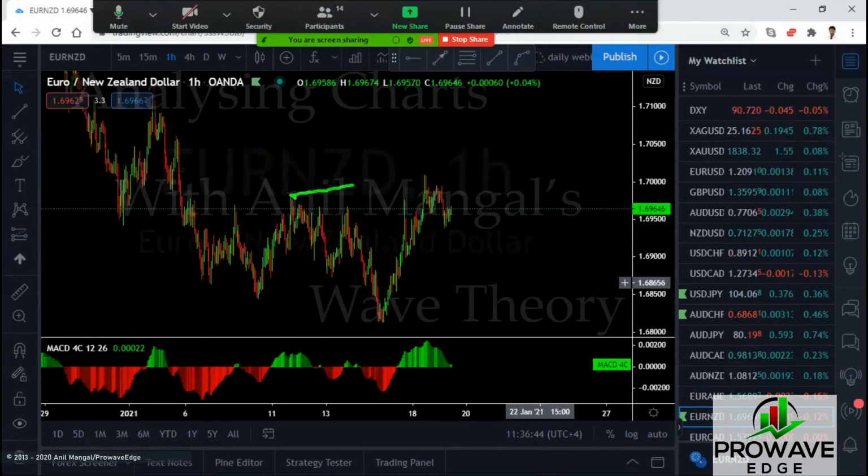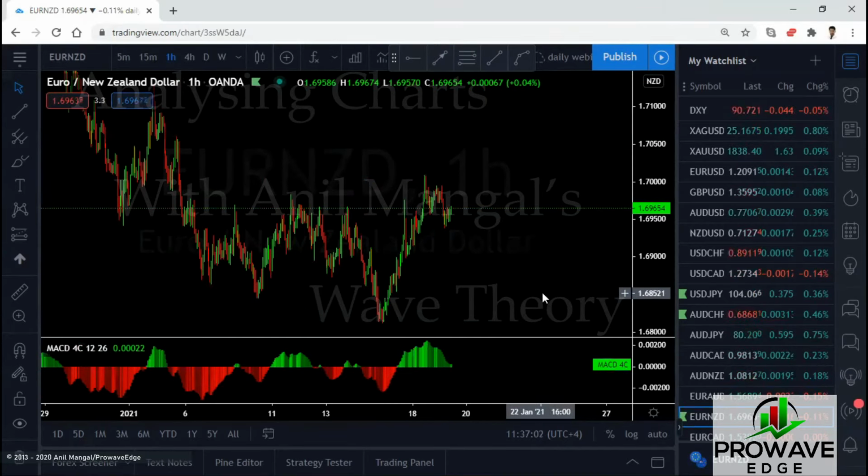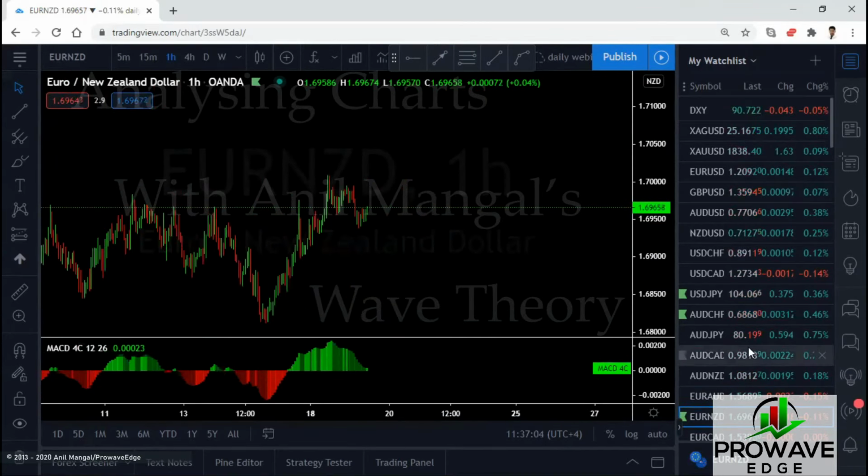We're anticipating that this could go back down. So if you want to sell, we can sell this. Not the Oz, the Euro New Zealand. We could sell this if we want, because we're looking at a possible running, expanding flat. And if that's the case, then this sell is a better sell than that one. If it goes up, it will not affect. If it goes up, you buy the Euros.